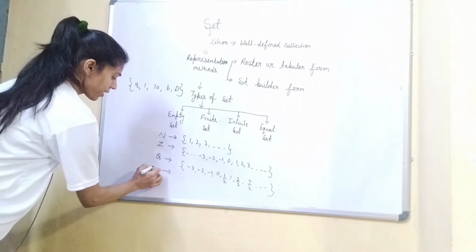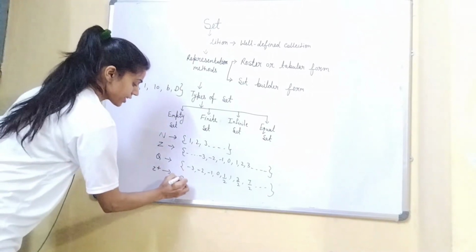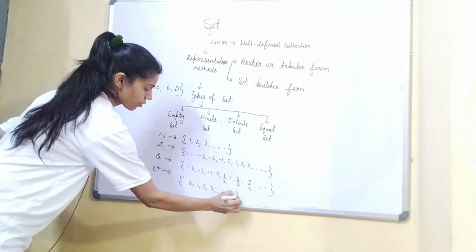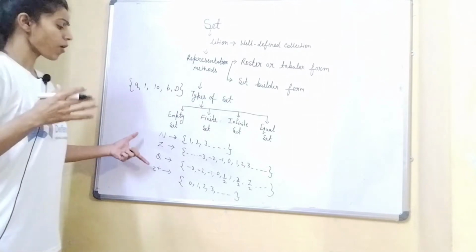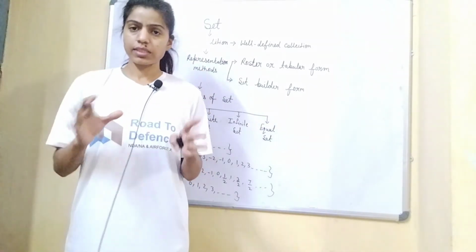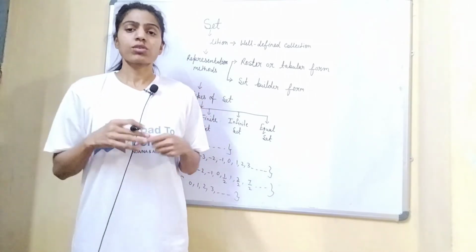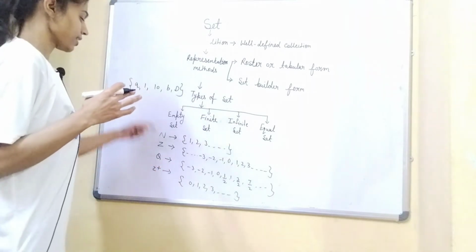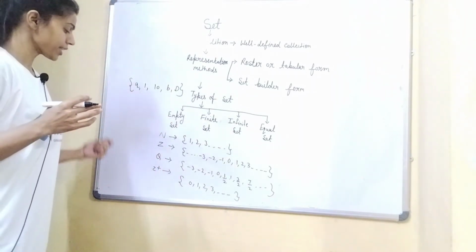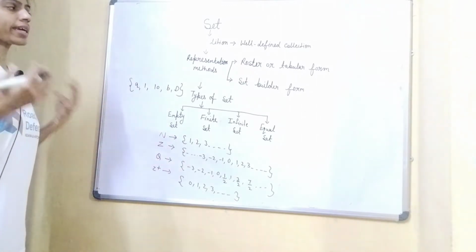Same way if I have written here Z plus, so Z plus means what? The set of positive integers. So it is 1, 2, 3 and so on. So these types of collections, which you can define in a single sentence or explain in a well manner, that is what? A set. So these all are examples of a set: the set of natural numbers, set of integers, set of rational numbers, set of positive integers. So in this way we can explain it.